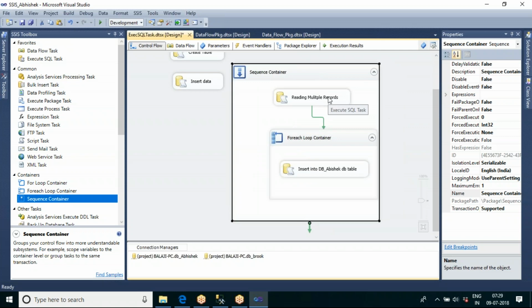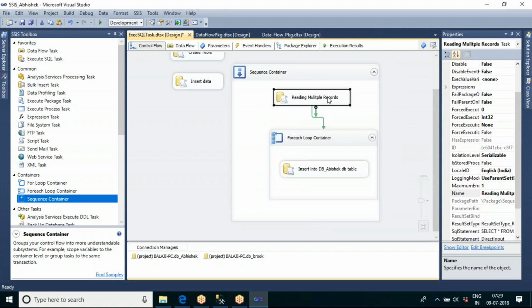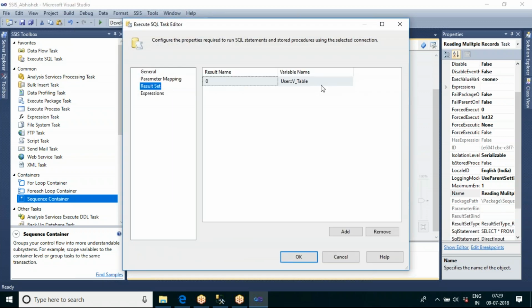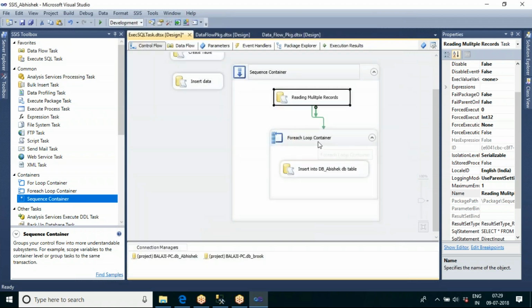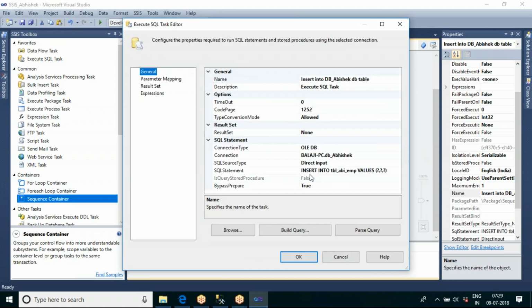So this will get the multiple records into this table object, and using the container we connect to the table and send one by one record inside, and each record will execute this insert command and be inserted into the destination table like this.